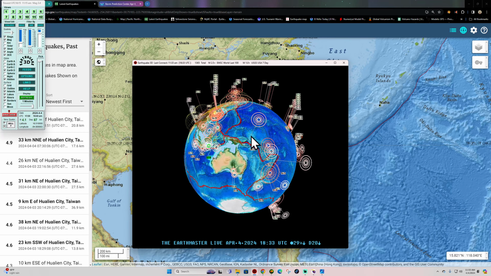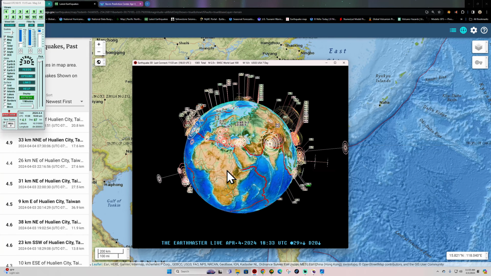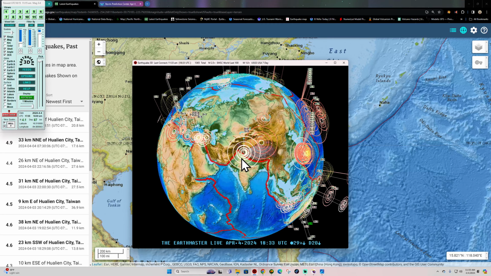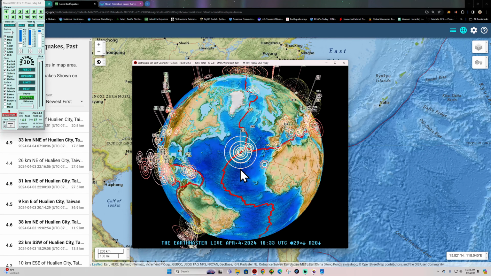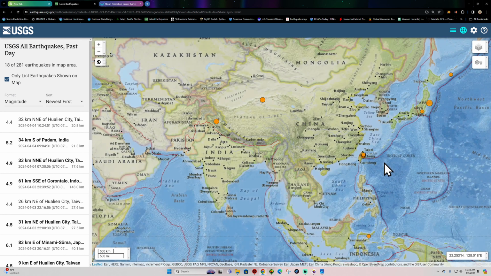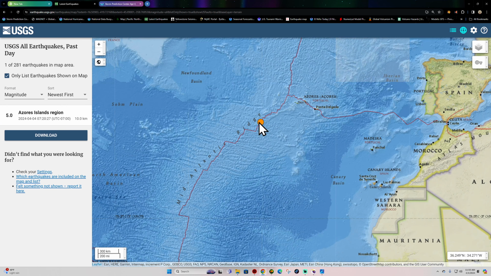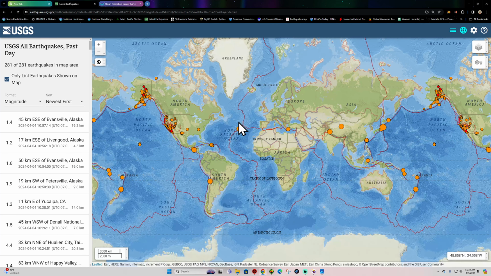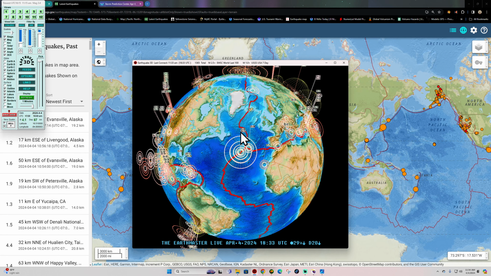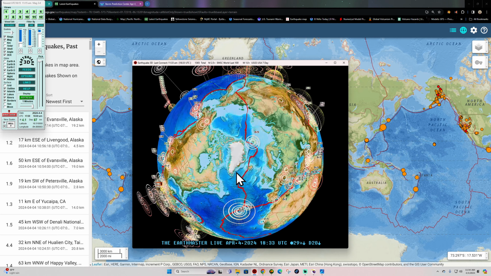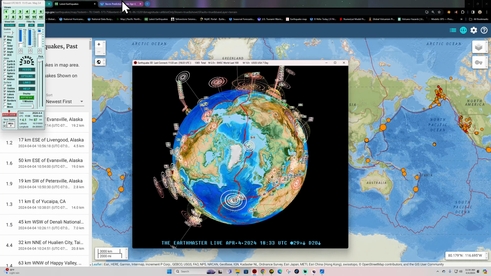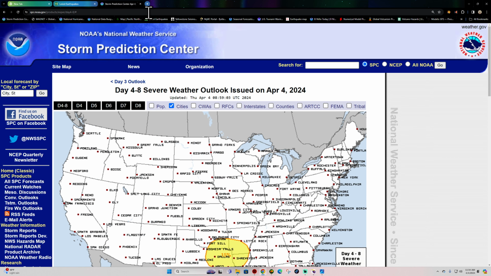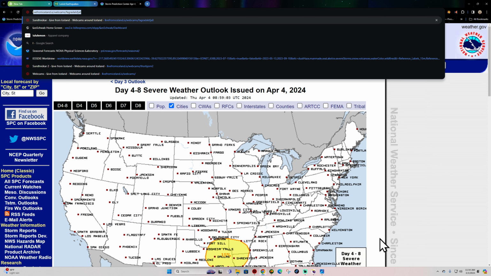Areas of interest today are definitely out across this area around the Himalayas, outside the Nepal area, and the Atlantic Ocean out here getting pretty active in terms of the divergent activity. We've got a 5-pointer out here just outside the Azores Islands region. Looks like there may have been another earthquake out here, at least according to the map, 4.5 and a 5.0. Some activity north of Iceland as well. Let's check out Iceland real quick and see what's going on, as we are definitely getting some further divergent activity out there.